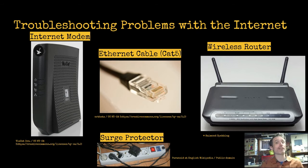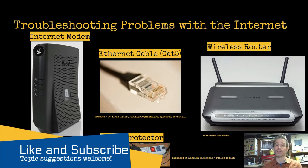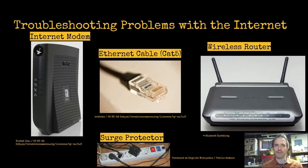Now that might reset your wireless password, so it will be the password that's on the bottom of your wireless router. So if you change that to a custom wireless password, it may reset that. It depends on the modem. Worst case,